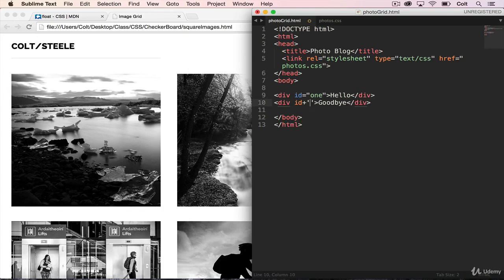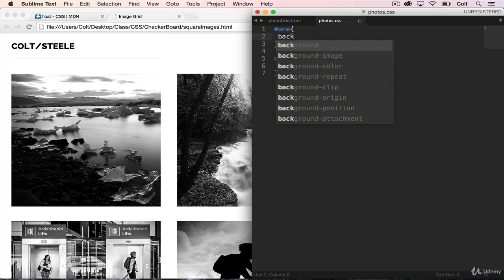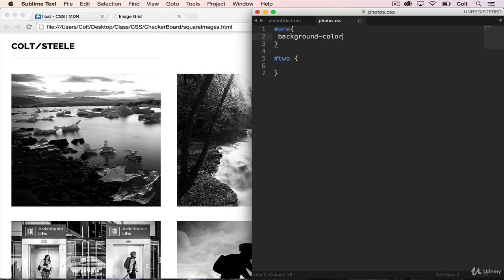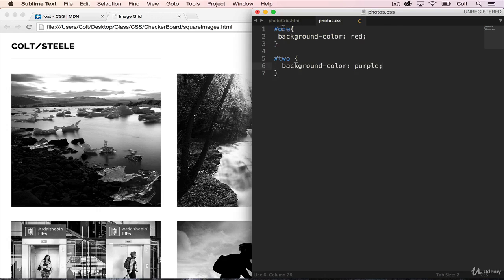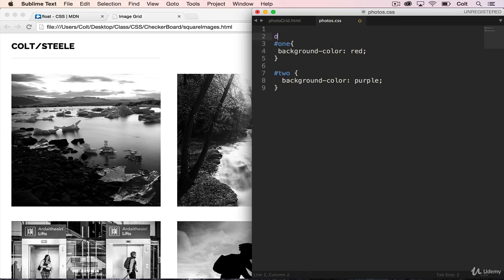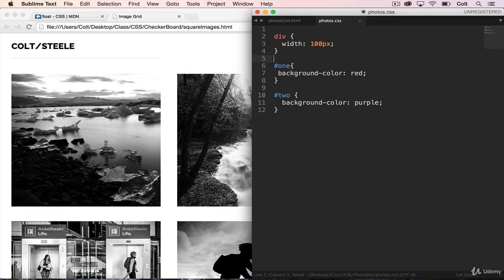And again, this is just to demonstrate something. And then 2. Then over here, I'm going to select 1 and 2. And all I'm going to do is just give them a different background color. Red, and then background color purple. And then I'm going to give both of them, all divs, a width of 100 pixels. So when I do this and I open it up in the browser,